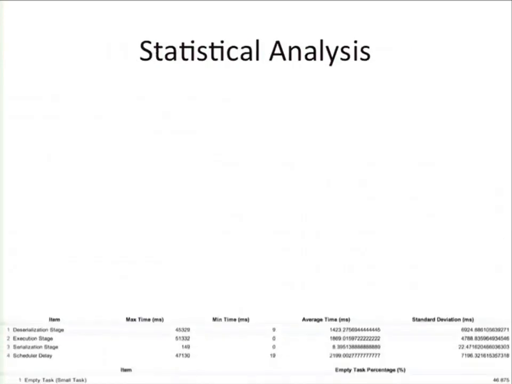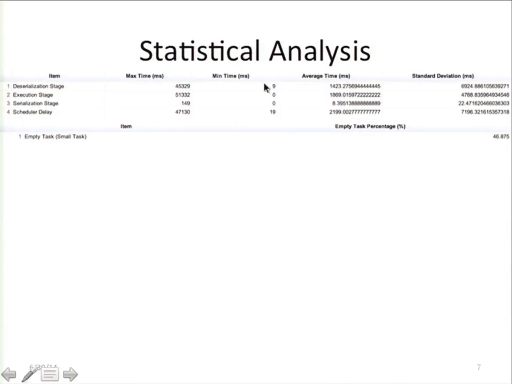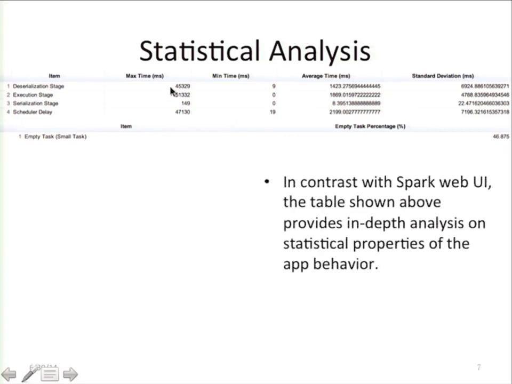Okay, if you go to the second button on the menu bar, you will get into the statistical analysis view. In contrast with Spark Web UI, the table shown above provides an in-depth analysis of statistical properties of the application behavior. We provide the maximum time, minimum time, average time, and standard deviations on different stages, and